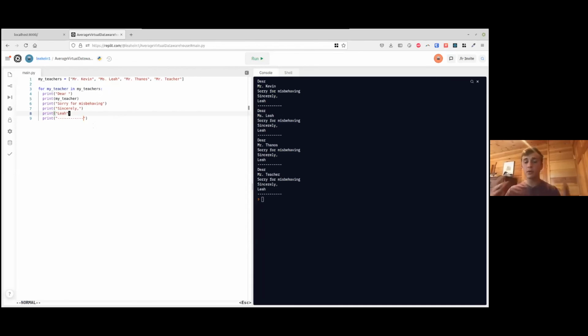And one of the beauties of programming and one of the beauties of using variables is now if, say, we've upset another teacher, we don't have to go in and change all of our code, right? We can just come in here at the end of our list and add Mr. Another Teacher and just hit run. And now here at the bottom, we've generated a new apology letter for Mr. Another Teacher.